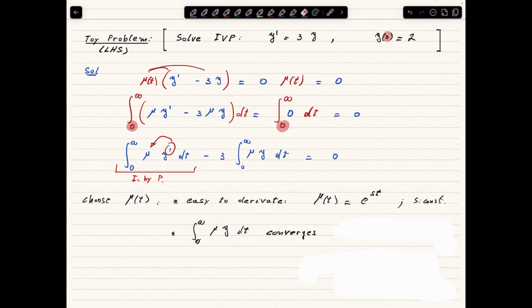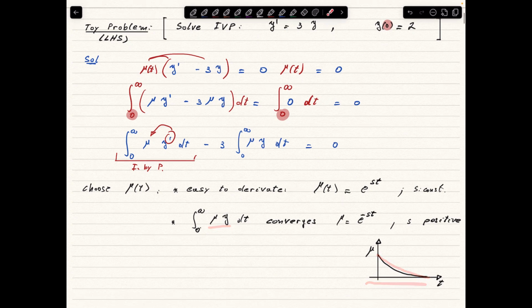So let's choose an exponential that helps this integral converge, and that means an exponential of this form, e to the negative st. s is a constant, but now s is a positive constant. So we are talking about a function of this form, and that is going to help all these integrals